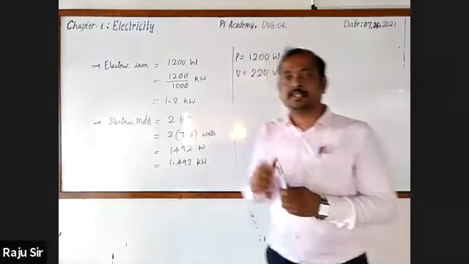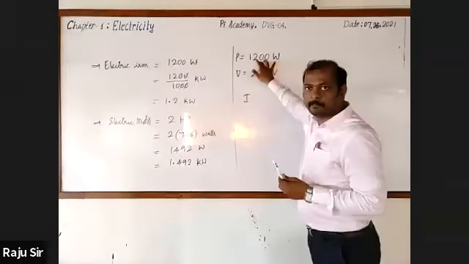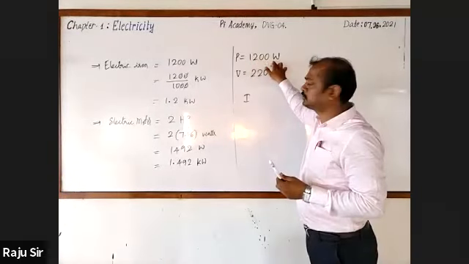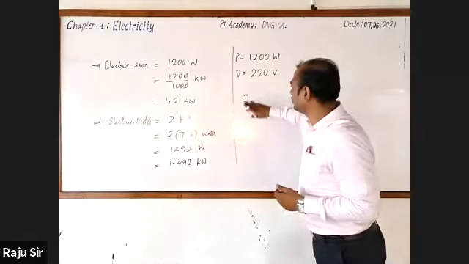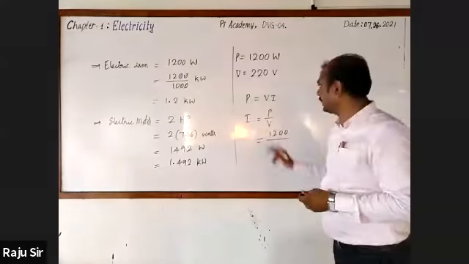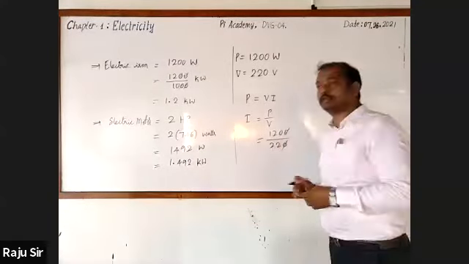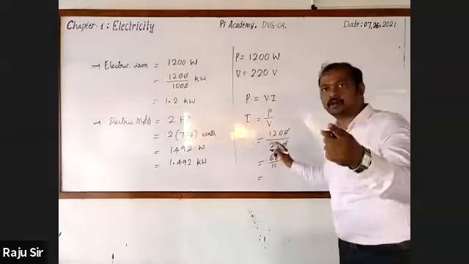This can be decided with a calculation. Here the power of the electrical component is 1200, but the amount of electric current drawn, let us find by using the formula. You know that P is equal to V into I, so I is equal to P by V, where power is 1200 divided by voltage 220. The zero gets cancelled. It will be 60 by 11. Hope that you are understanding.